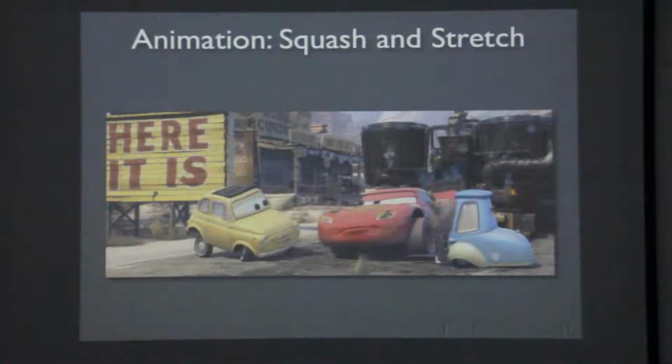Alright, so just like a normal conversation, anyone know, where was the most squash and stretch? In the face of the car. It's quite a lot in the face. Any other ideas where there might be a lot of squash and stretch? The tires? Yeah. Quite a bit. How about which part of the shot? Beginning, middle, end? Middle, yeah. It's subtle, but it's actually when one of the cars, Guido, I think it's the blue car, maybe